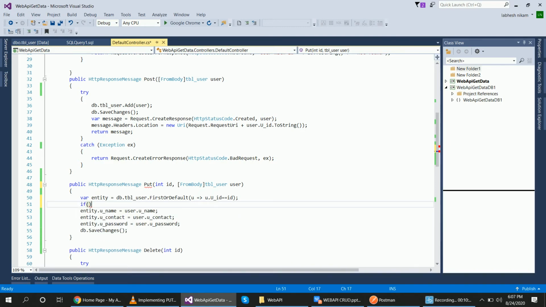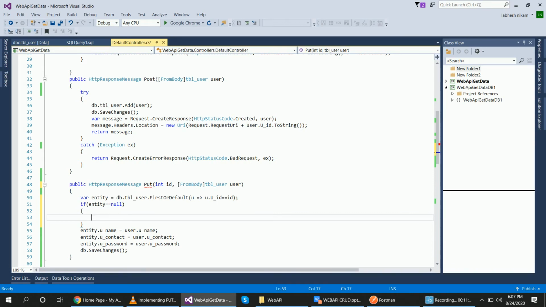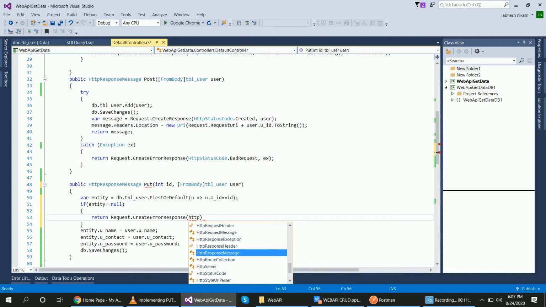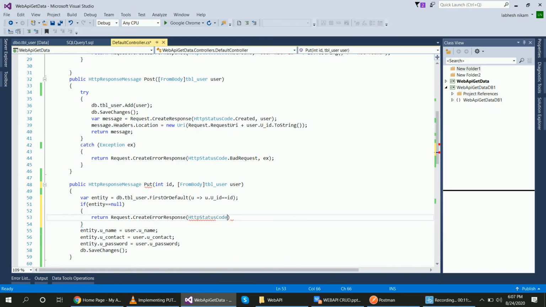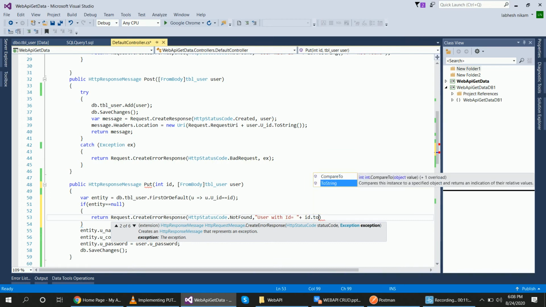If this entity equals null, then return request.CreateErrorResponse, HttpStatusCode.NotFound, and put the message "User with id = " plus id.ToString() "not found to update."